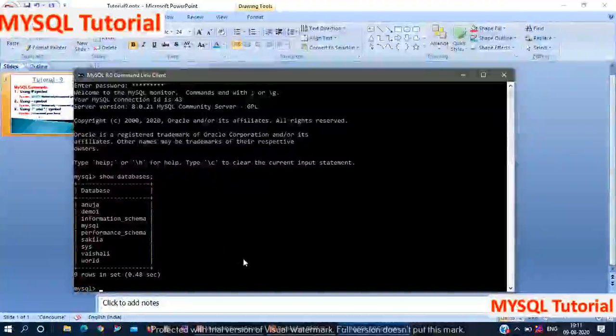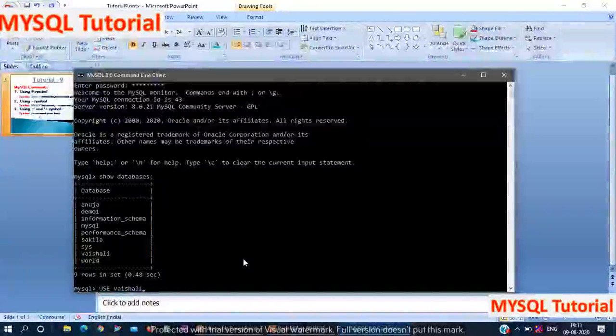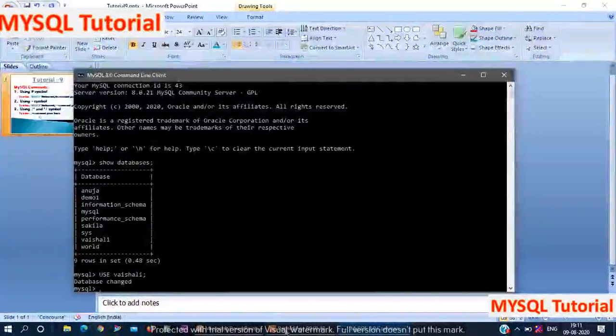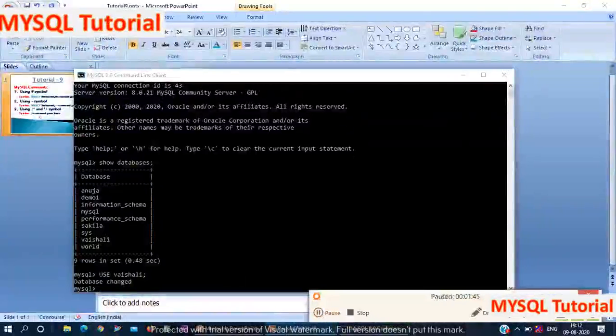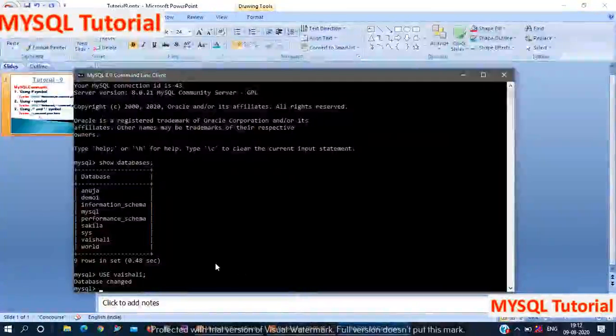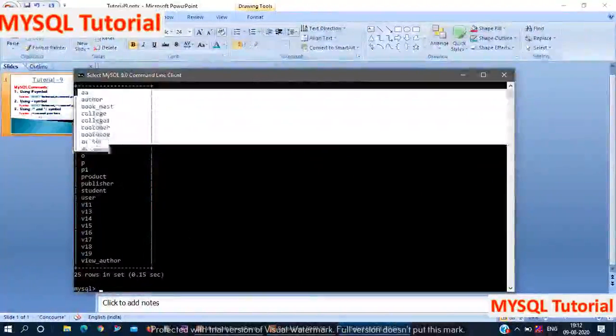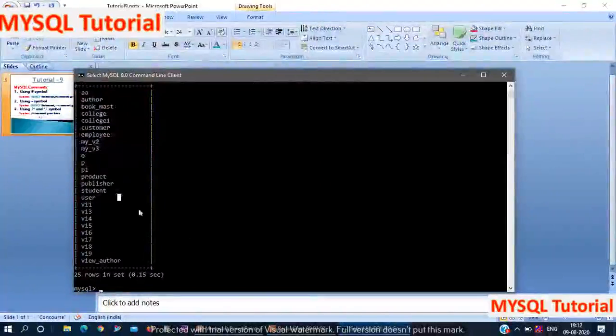Here I use the database Vaishali by using the use command, use then the database name. Now to see the tables, use the command show tables. Here we get the table list which is available in the Vaishali database.